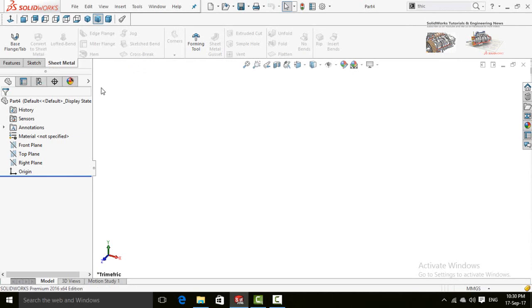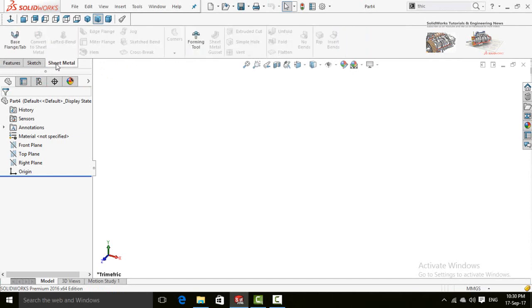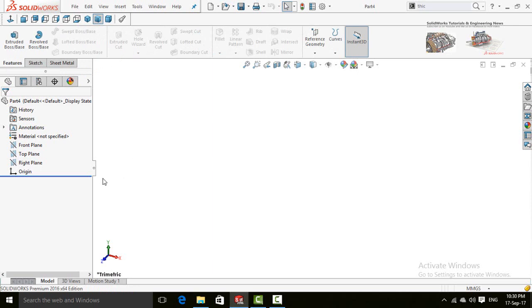When you create your SolidWorks part in features tab or any other tab, then you need to convert it into sheet metal by using this convert to sheet metal button. So let me show you how it works.